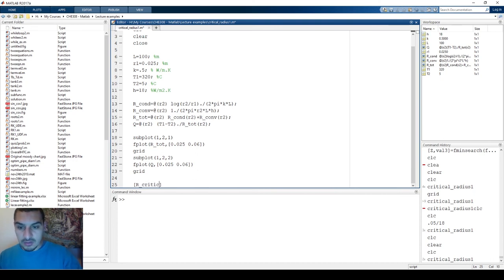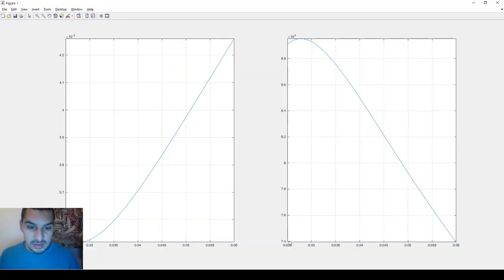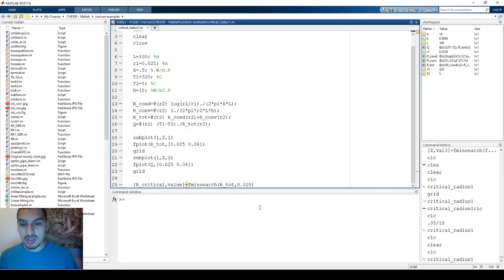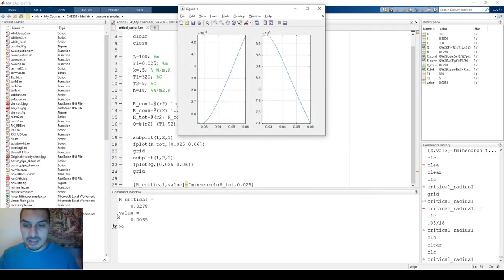So to do this, I would get two outputs here, the R critical, and the value, and now I would use fminsearch of the function, which we said is r total, and the initial value I'd put as 0.025. From the plot I can tell that it is going to be something between 0.025 and 0.03. And I would run the file now, and it tells me that it is